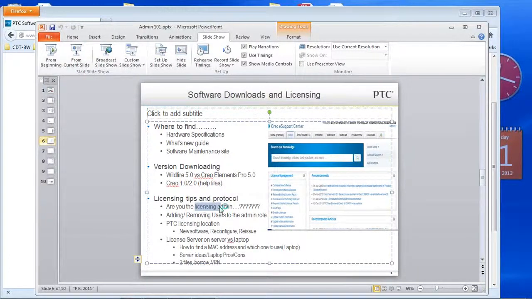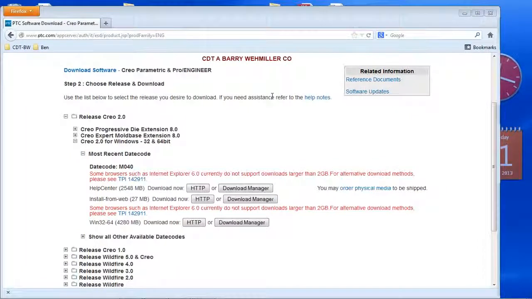on PTC.com. If you are a new customer, when you sign up for your account, it asks you, do you want to be essentially the online admin? Once you say yes, you have all of these permissions. If you are not the admin and you want to become the admin, either your current admin must allow you to do that, and that can be done here if I go back